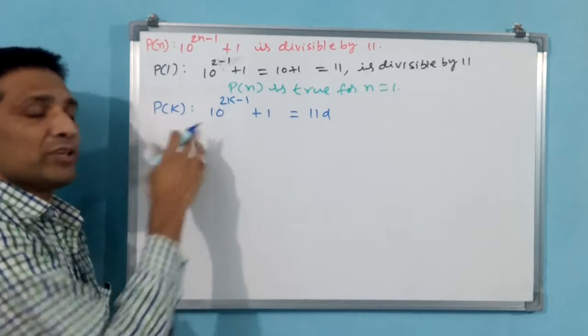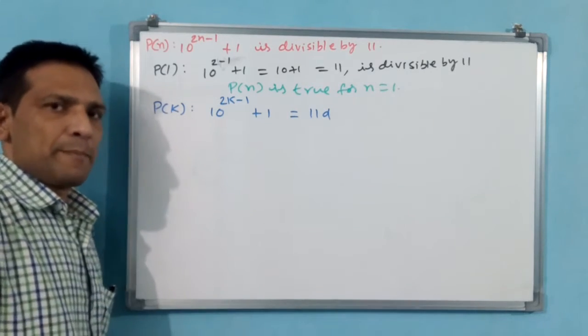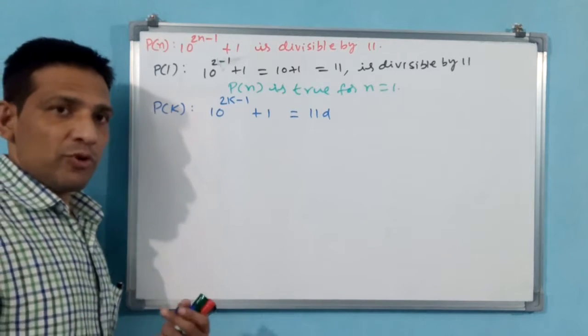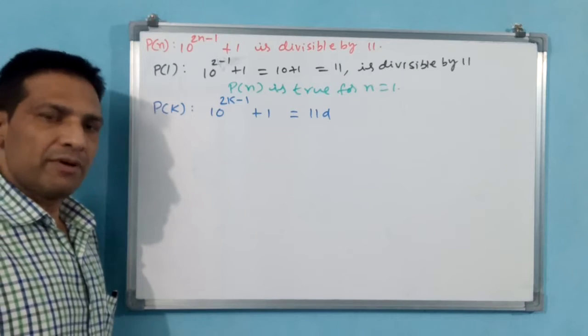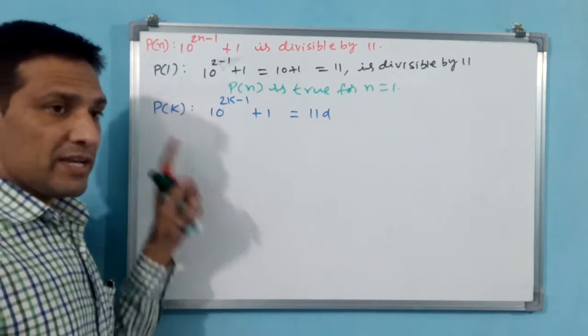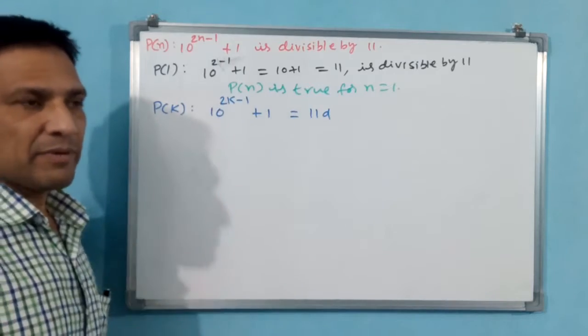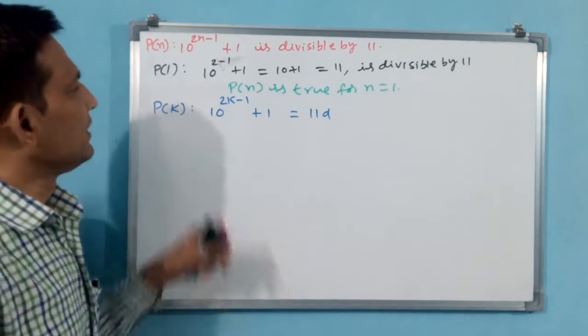Like that k also. K we don't know. K from 2 to n. Whatever may be the number. N we don't know. N may be 1000. N may be 1 lakh. For all it has to satisfy. That is why we have taken k. K is not 1 or k is not n. Why? Because n is last number. 1 is first number. In between k is there.